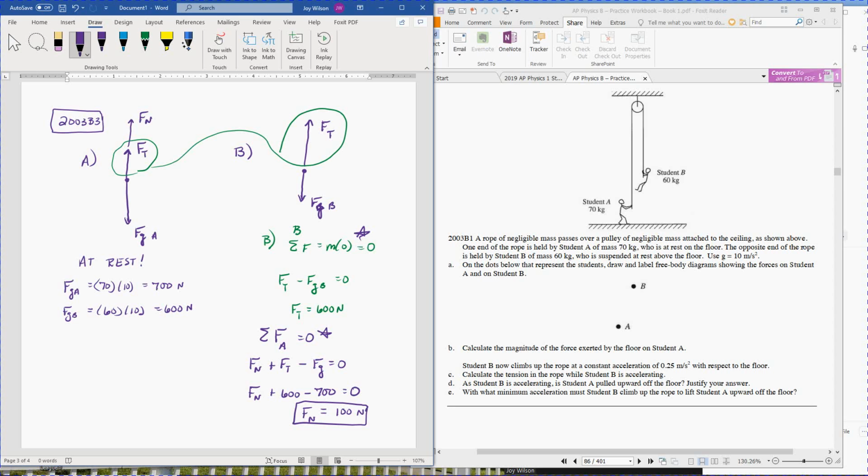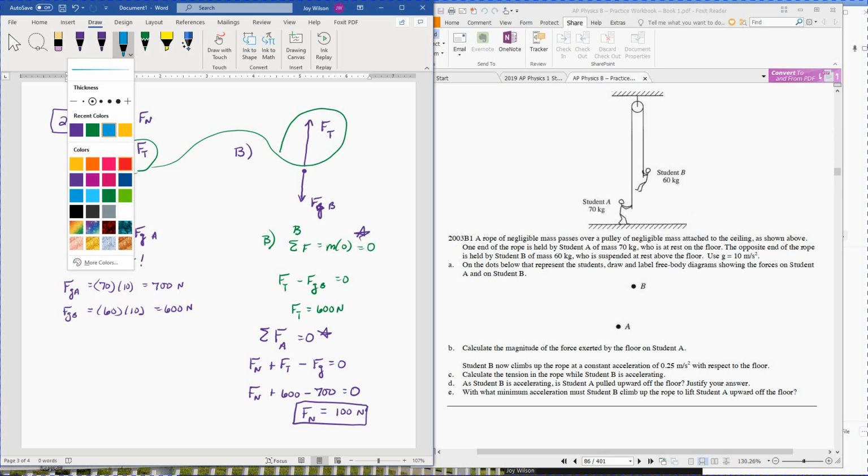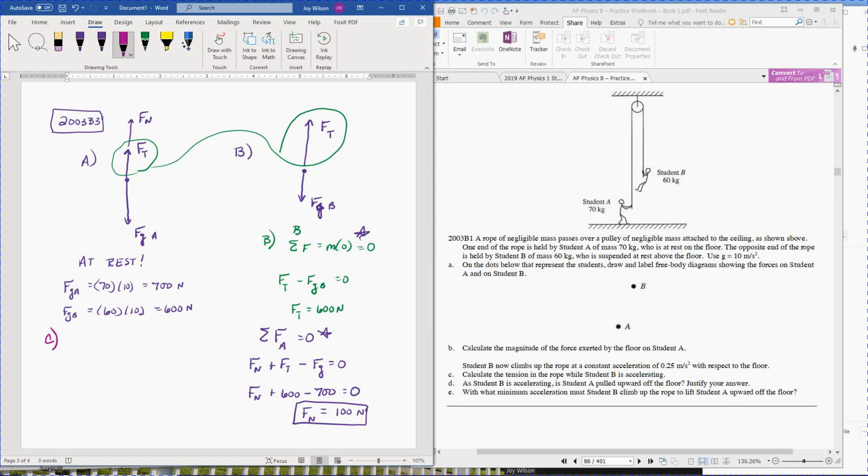Now, student B is now going to climb the rope with an acceleration of 0.25 meters per second squared. Okay, kid, why'd you go and do that? Well, let's put this in here. So, part C. If student B now accelerates,